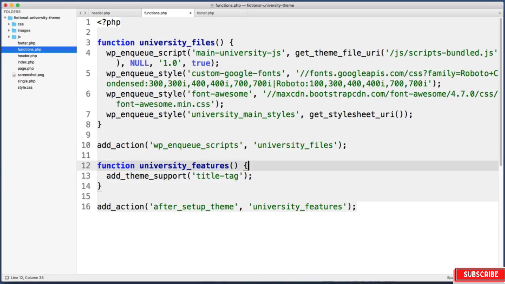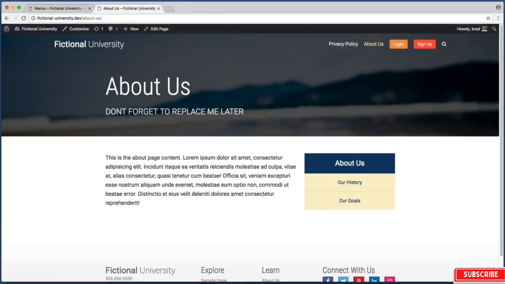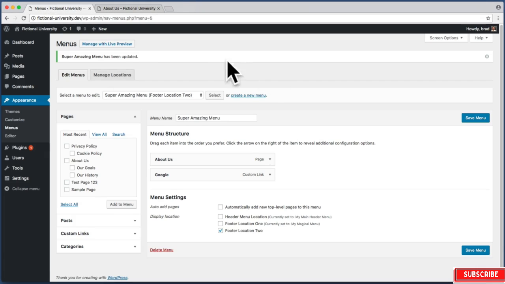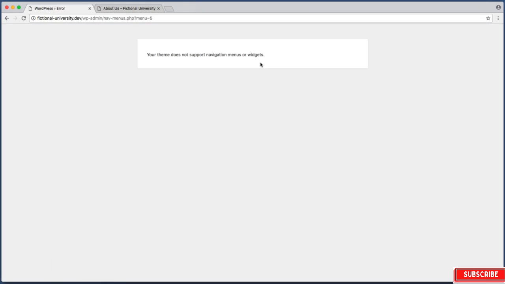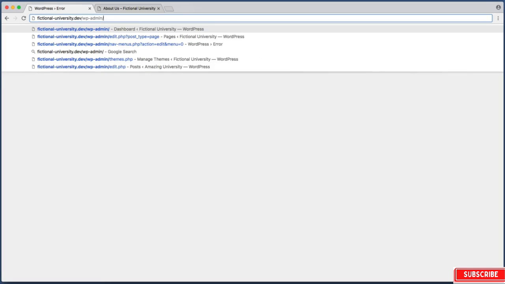you'll notice I see a message: your theme does not support navigation menus or widgets, which makes sense. I just deleted all of the applicable code. So up to the root of WP admin to take you to the main admin screen, and we're back to where we started. So now if I go to the front end of my website and refresh this About Us